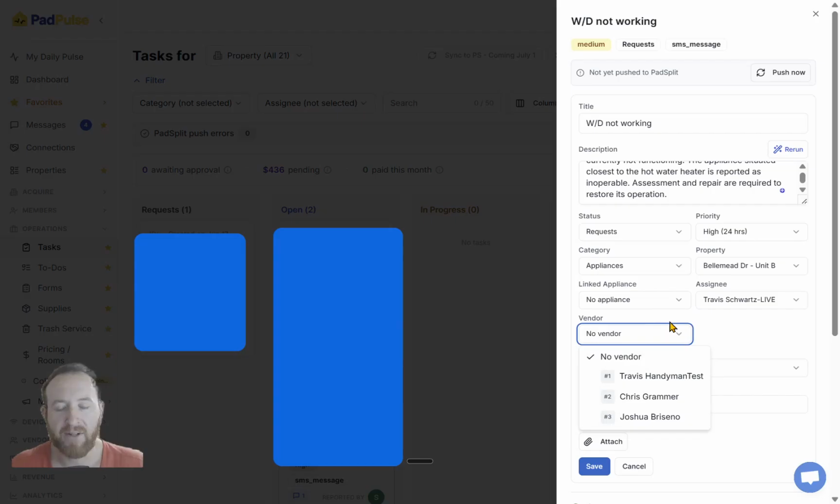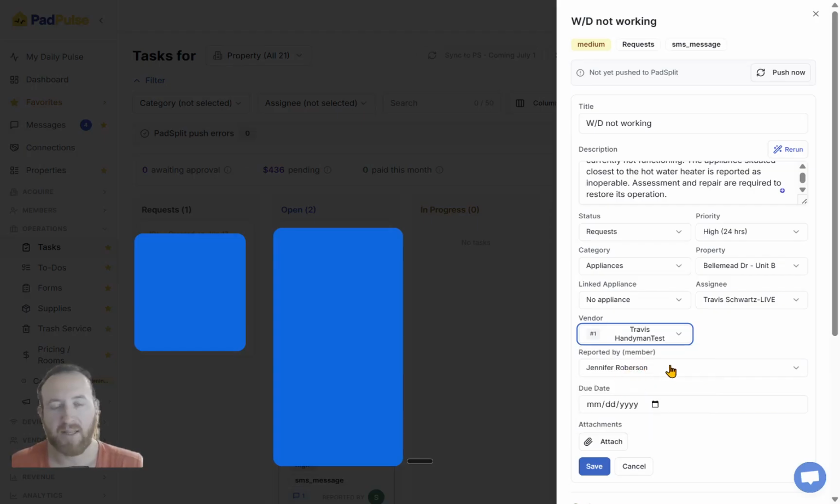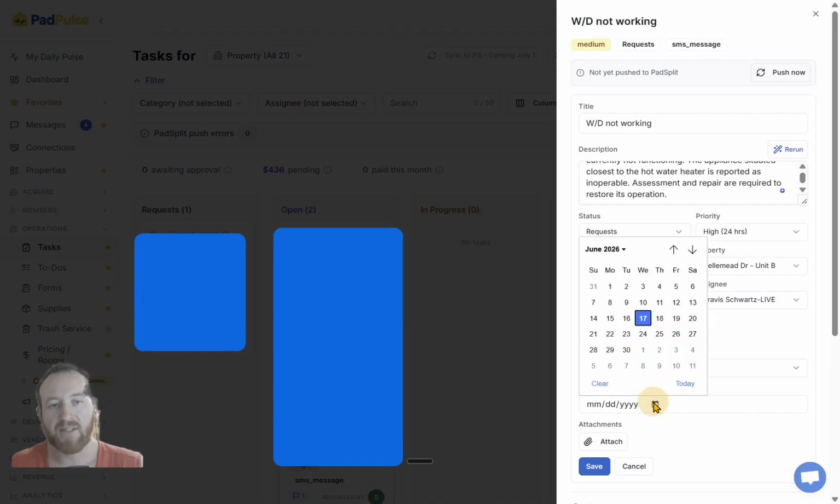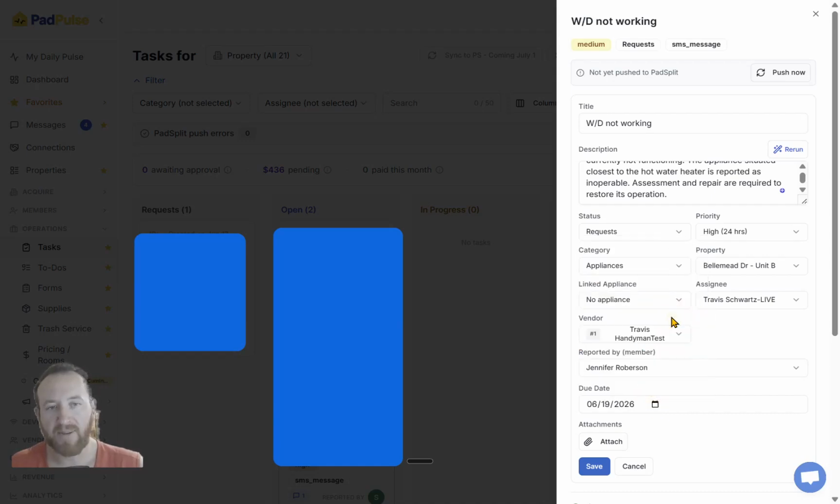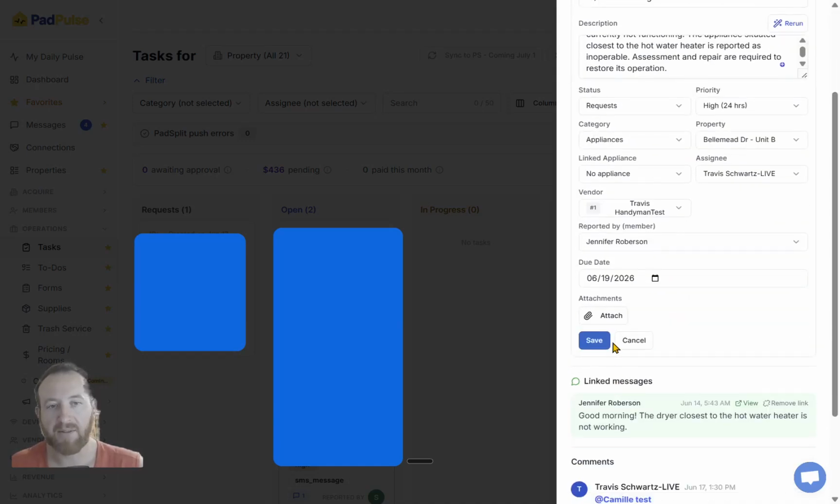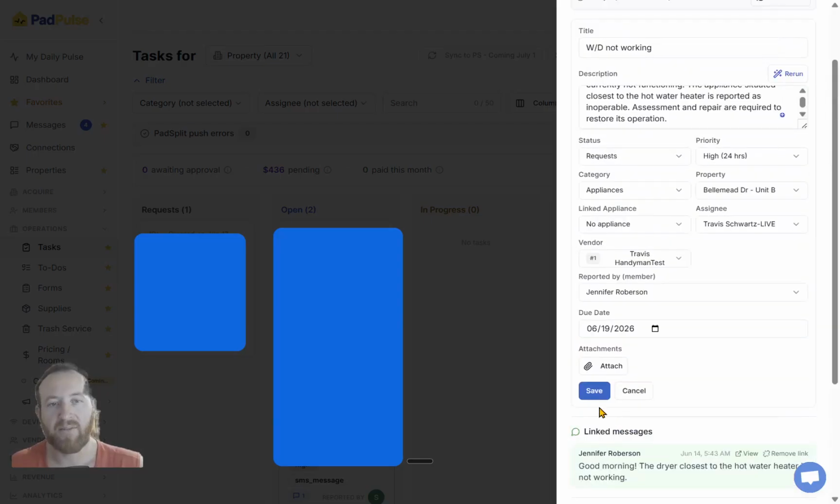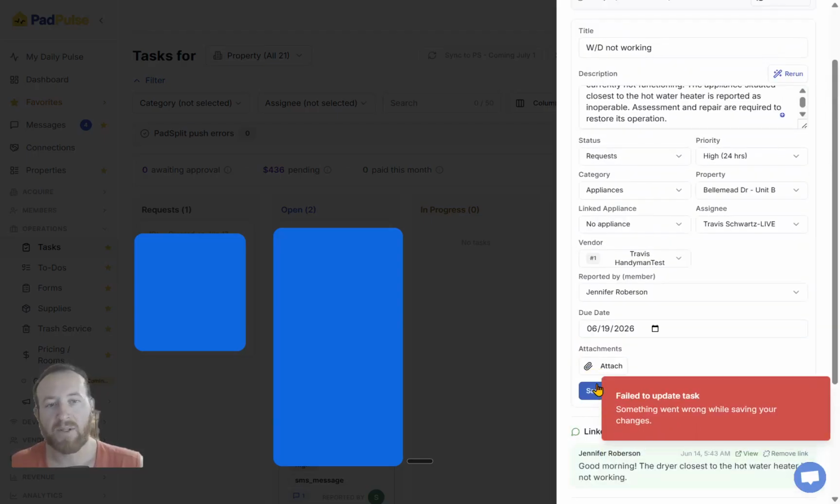And then you have vendors based on all the vendors you have set up in your vendor CRM. You would select one or more, whatever vendor you want, and you can see there based on the priority you have them set. So you can select those. Here's the member that reported it, which is filled in automatically if you pushed it over from a message, and then you could set a due date that you expect for this to be fixed and add any attachments that you want. Again, you can see all the information below. Now, once you save this,